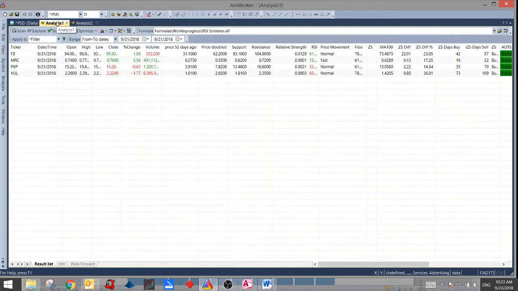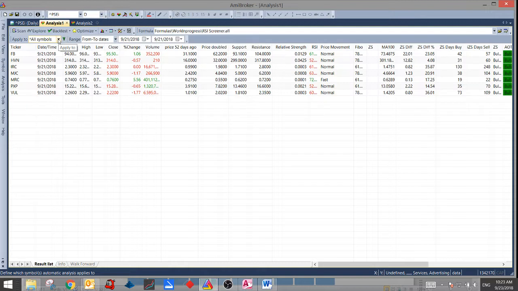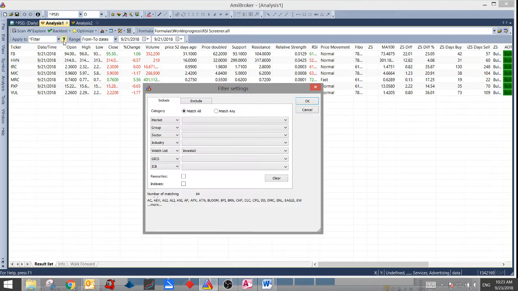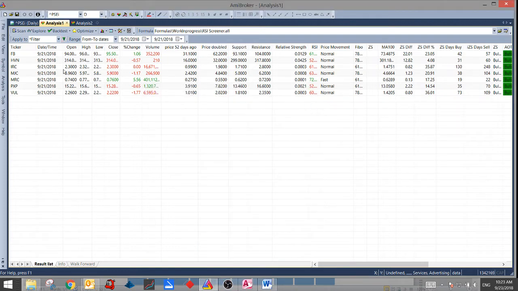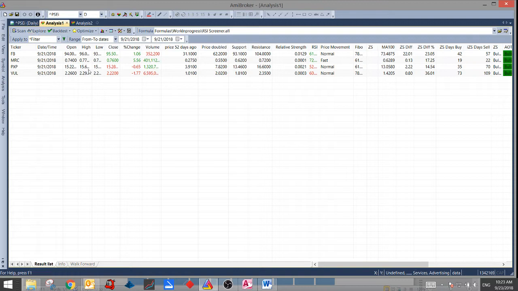So ngayon, meron na tayong Investa watch list. So how to apply that is you go to filter, you go to watch list Investa Cup 3. Okay. And then click on explore. Okay. So based sa result ng screener na sinet ko with our new MSI, ito yung mga possible na trade ko stocks in the coming week or this coming Monday. Okay, so what I have to do now is I have to go to the chart